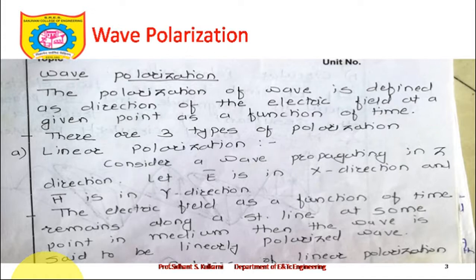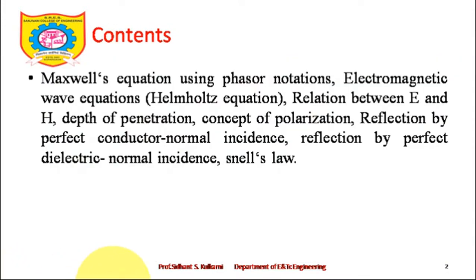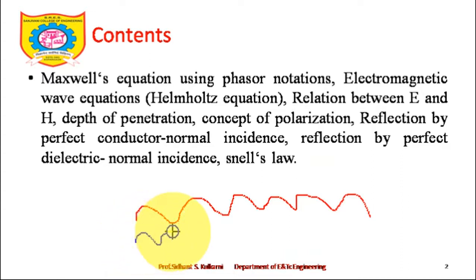function of time. In simple words, let's say I have an electromagnetic wave which is propagating somewhere in this direction. You already know that for an electromagnetic wave to propagate in this direction, there will be two components. One is the E bar component, which is let's say something like this, and there is the H bar component, which are both 90-degree phase shifted out of each other. I'm not able to draw it, but try to understand. These diagrams were already explained to you in unit number 5.